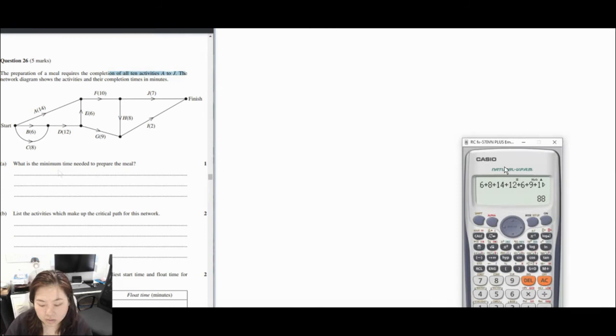Question 26. The preparation of a meal requires the completion of all 10 activities A to J. The network diagram shows the activities and their completion times in minutes. What is the minimum time needed to prepare the meal? I think I get it. Alright, to do A takes 14 minutes. To do B, it's 6, C is 8. Alright, to get to this point, it's 14 minutes. To get to this point,